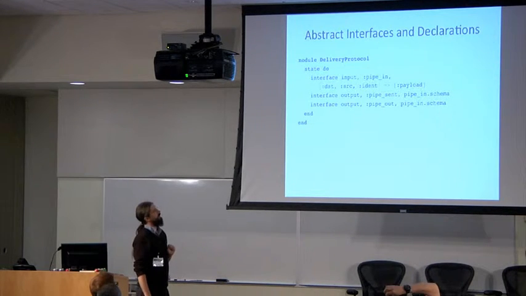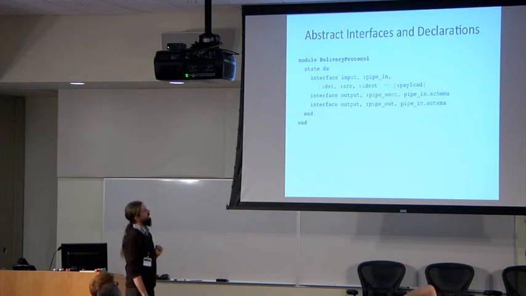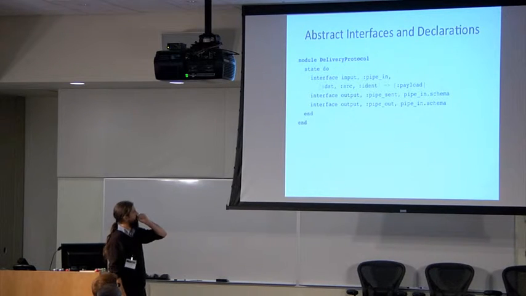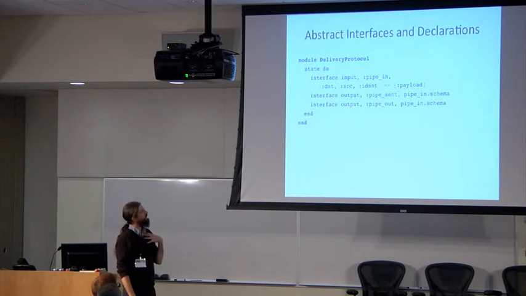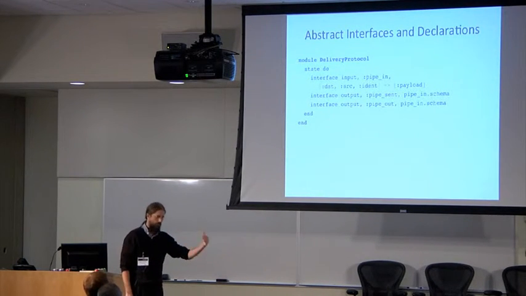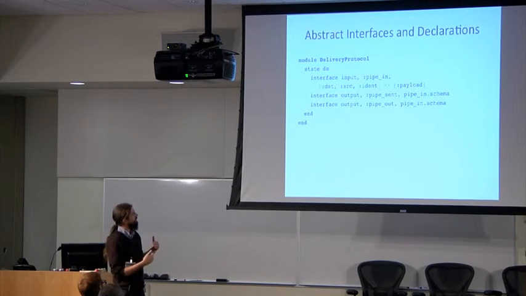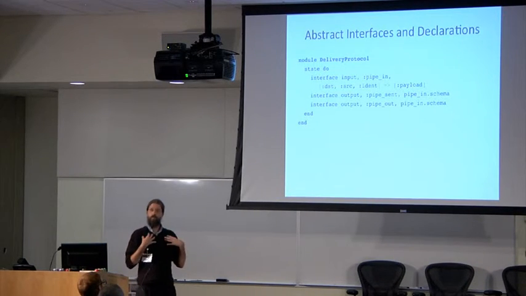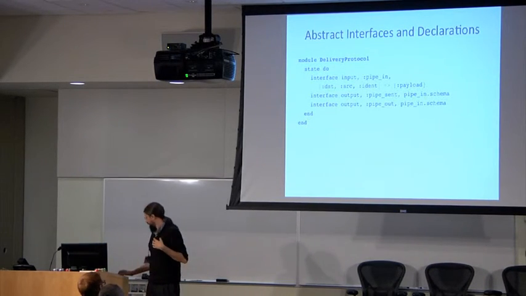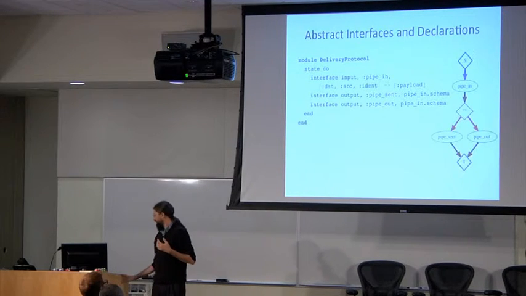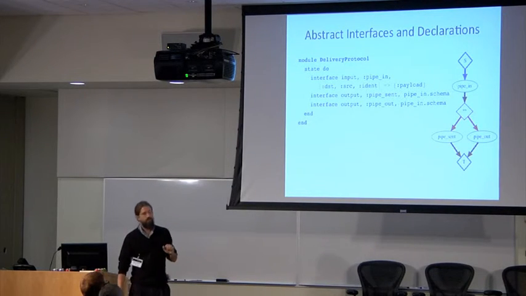We have 2 output interfaces corresponding to the 2 network endpoints. They have the same schema as pipe-in. Pipe-sent is the sender's interface. When I put a tuple in pipe-in, I know that transmission was successful when I see that tuple appear back on pipe-sent. On the receiver, when I see a tuple on pipe-out, that was a tuple that's come to me from the external world. And given this specification, we can only draw this picture.